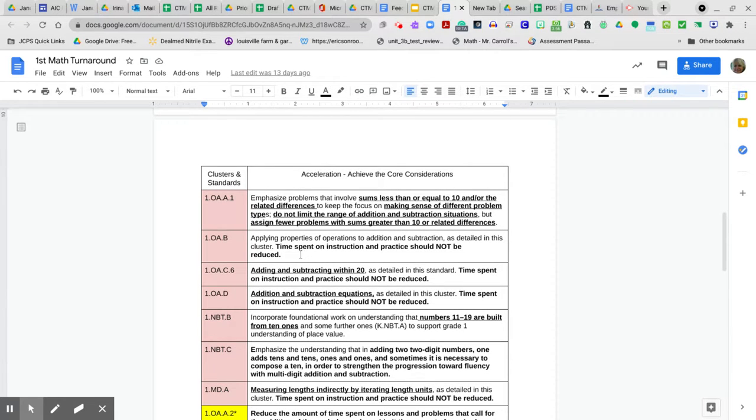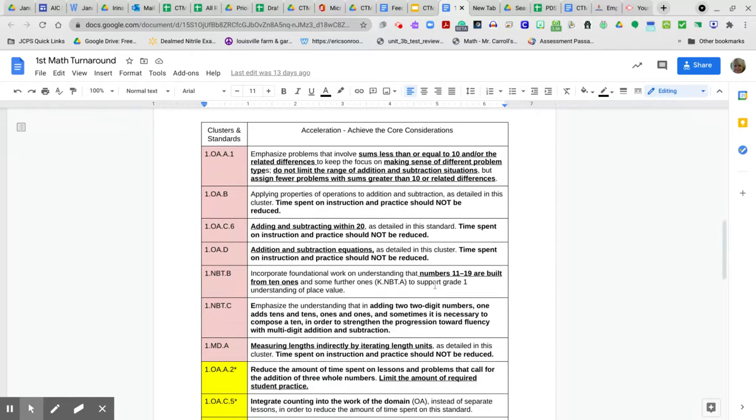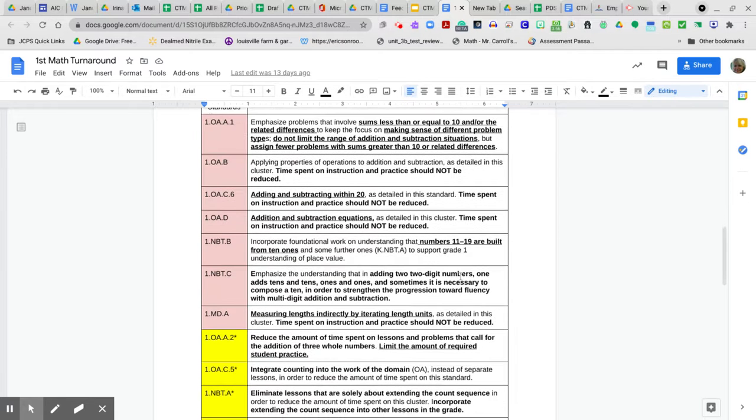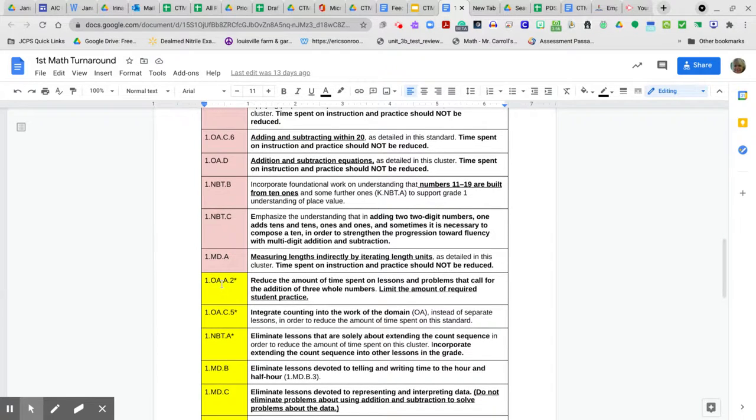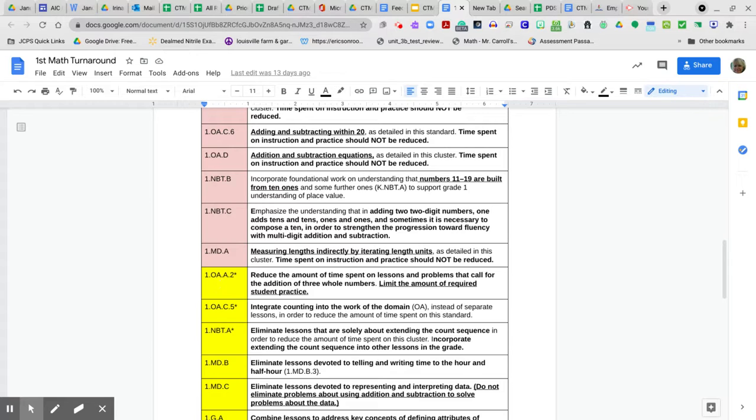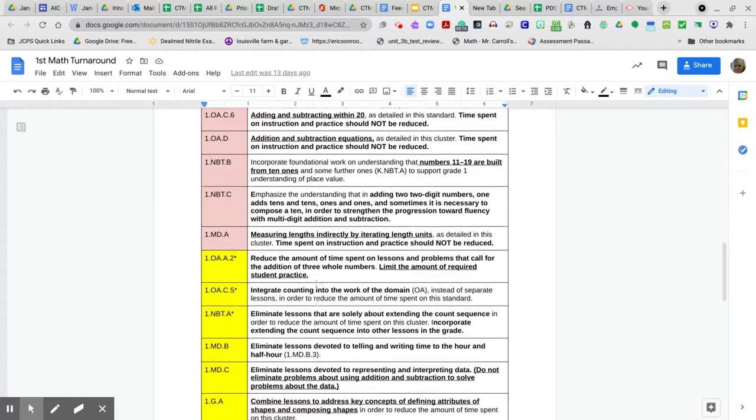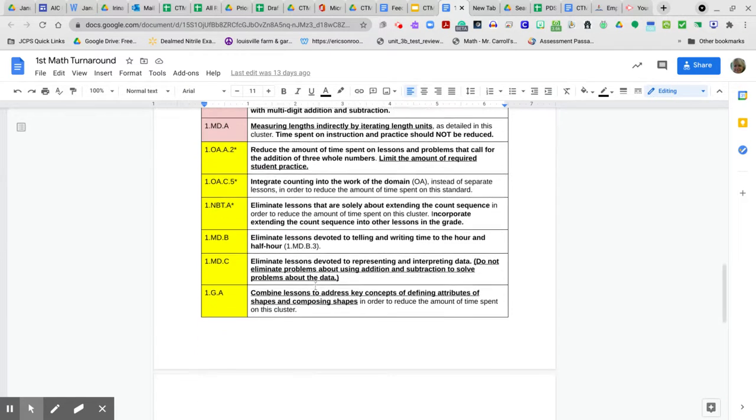Time spent on instruction should not be reduced. You're going to see that a lot. If it says something else, there's going to be a caveat. And then again, underneath those priority standards come your yellow standards. It's going to say limit the amount of time, but again, there might be a little caveat that you're going to need to read. So that's going